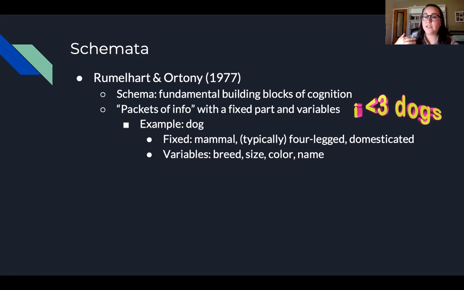So an example is our schema of a dog, right? So we know that a fixed part of that schema has to do with the fact that a dog has to be a mammal. Typically has 4 legs, although sometimes you see the tripod dogs or dogs with wheels, and it's really beautiful. And also that dogs have to be domesticated, right? At least the schema that we have of dogs. It's not like this mangy dingo out in the wild. It's a domesticated dog. And then there are these variables too that can come with our schema, but aren't so fixed. So we have things like the breed of the dog, the color, its name.